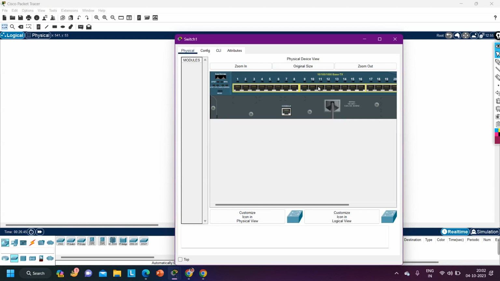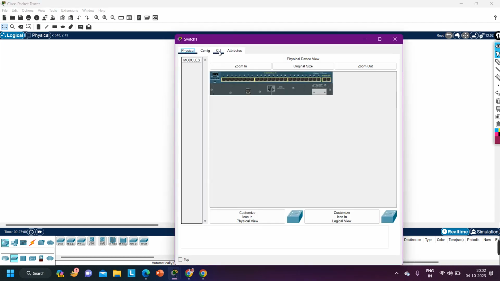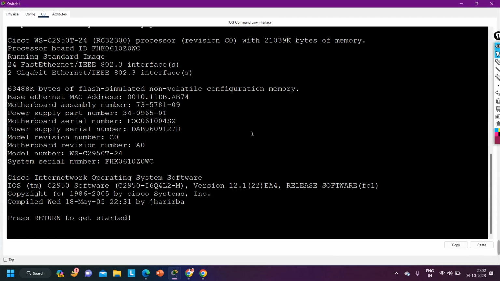If you have a 24 port switch, then there will be 24 ports. If you have a 48 port switch, you will have 48 ports on the switch, right? And by default, the duplex configuration of all ports is auto. So because of that, if you check,